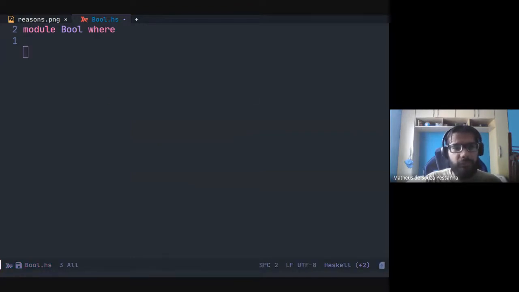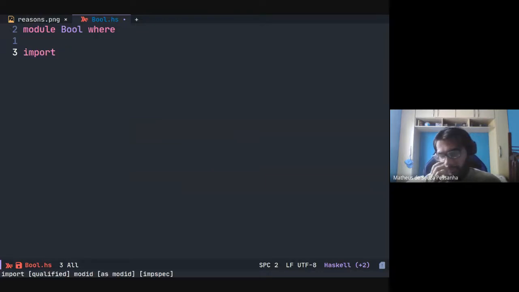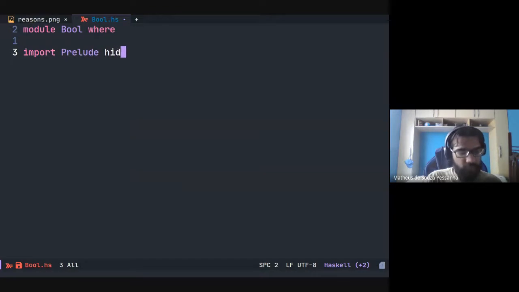So we can try to implement Boolean algebra in lambda calculus with Haskell. As Haskell is a Turing-complete language, and lambda calculus and Turing machines are equivalent, we can make an inception here. So firstly, we will hide the standard library functions to not have conflicts.